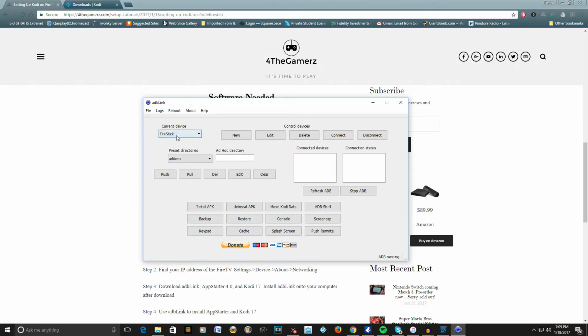Now that we saved it, you can see it's been added under current device. You can add more than one if you have more than one in your household. And we're going to come here and click connect. When you click connect, you'll see here it's been added to your connected devices. And now you can start with